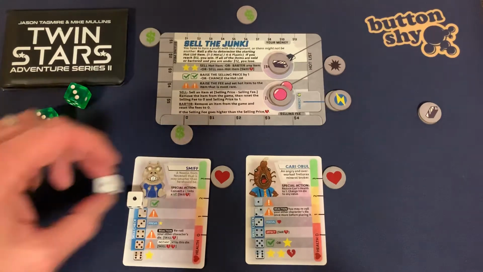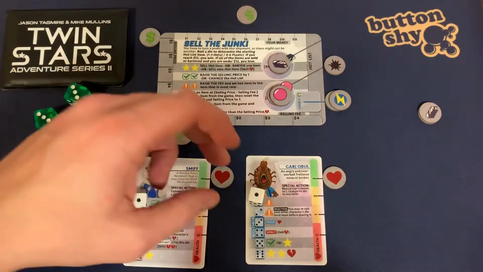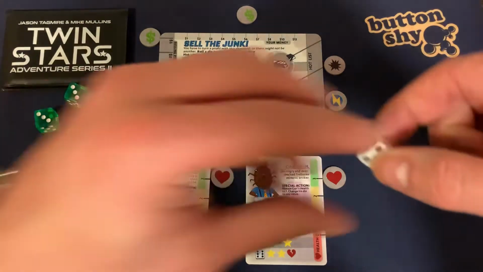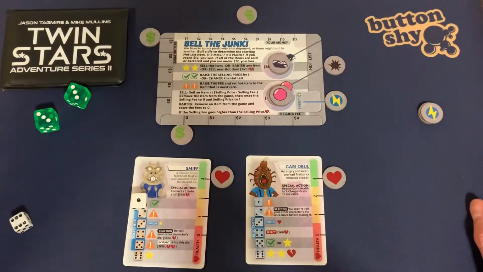1 and a 1, but that's as good as a twin exclamation mark. So maybe I'm going to need to spend another energy and re-roll Gary, just on the off chance I'm going to get a 5 or 6. A 6. Okay,